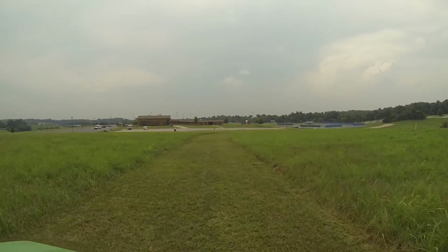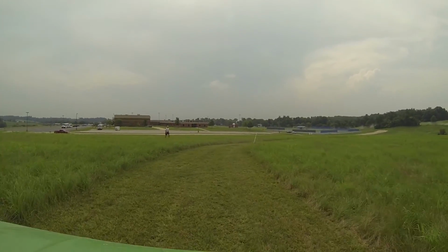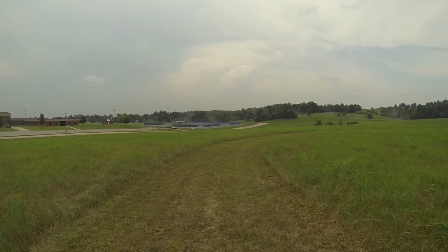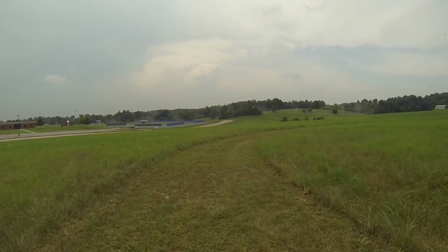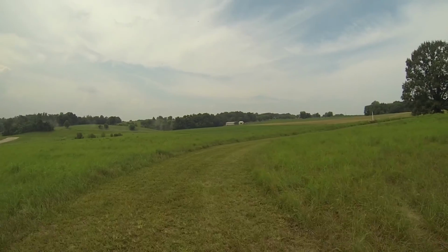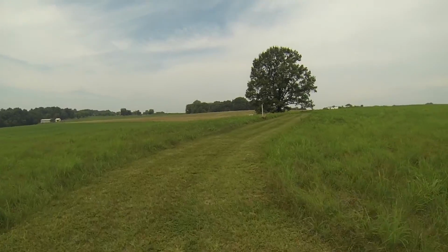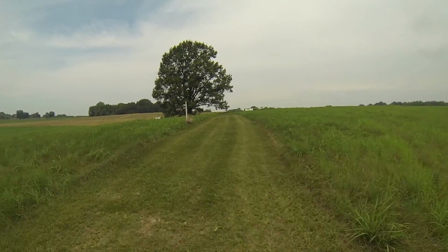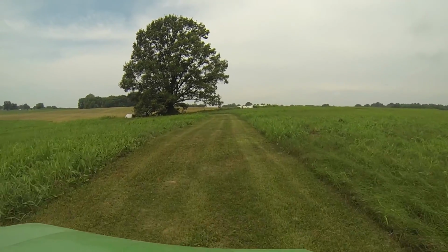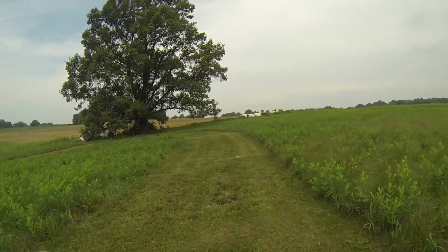The switchbacks are gentle downhills and gentle uphills. We are now making a sharp turn again and headed back uphill to complete the third switchback. This is the 2-mile mark to our left. We are now completing the third switchback,